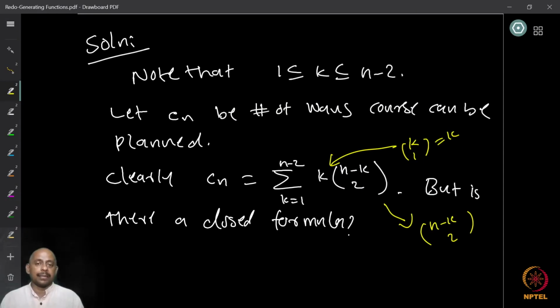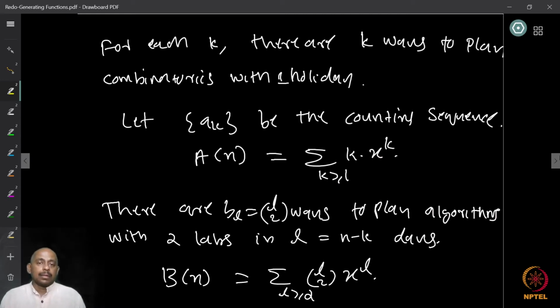So therefore that is Cn. And the question is, is there a closed formula for this? So this is something we can see. Now, can we find a closed formula? For each k, there are k ways to plan the right. So as we mentioned, k ways to plan the